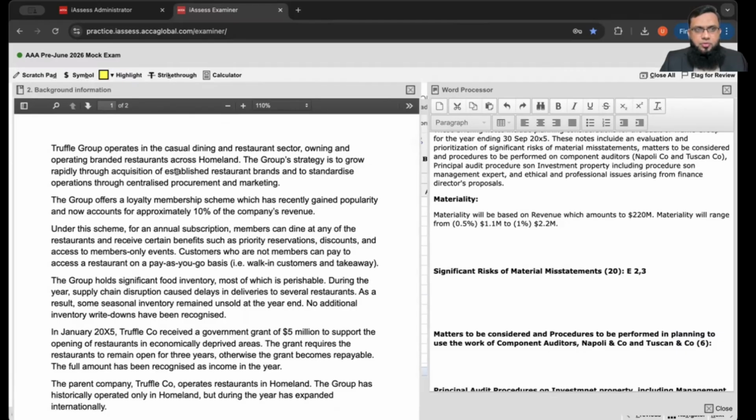Okay. The group offers a loyalty membership scheme which has recently gained popularity and now accounts for approximately 10% of the company's revenue. Now, this is pointing towards ROM, because 10% of revenue. Let's read here. Under this scheme, for an annual subscription, members can dine at any of the restaurants and receive certain benefits such as priority reservations, discounts, and access to member-only events. Customers who are not members can pay to access a restaurant on a pay-as-you-go basis, walk-in customers, and